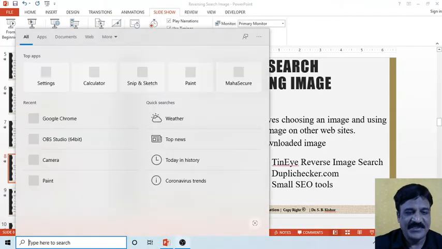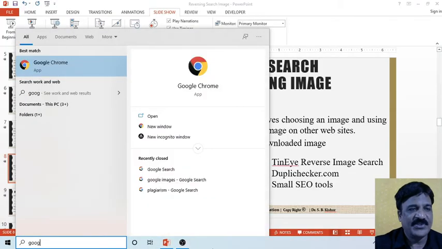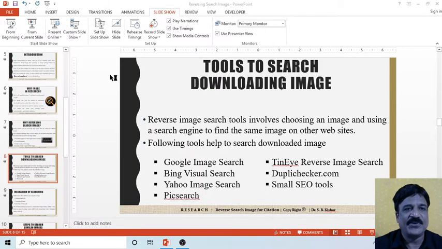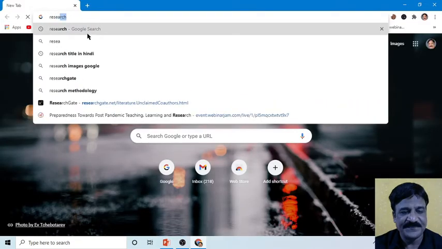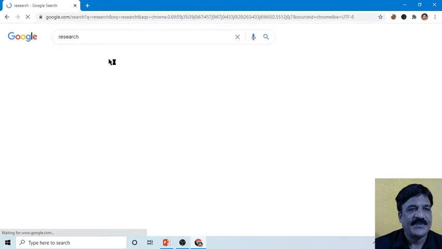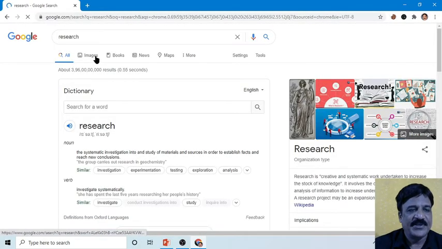So type here Google. Okay. So it will be showing Google Chrome. Now first of all, we will download certain images, based on, say, topic research only. So click on images.